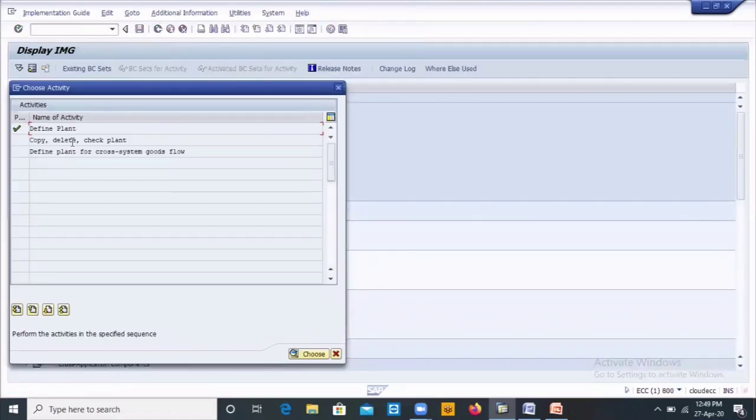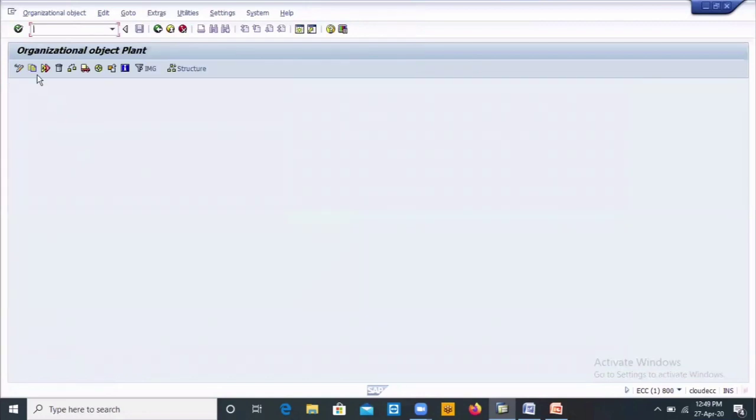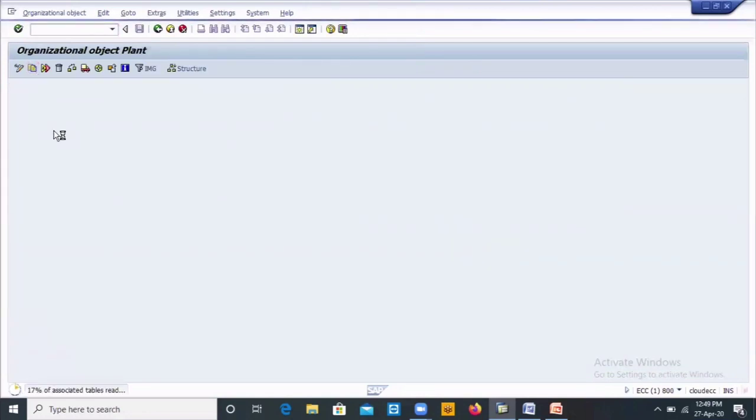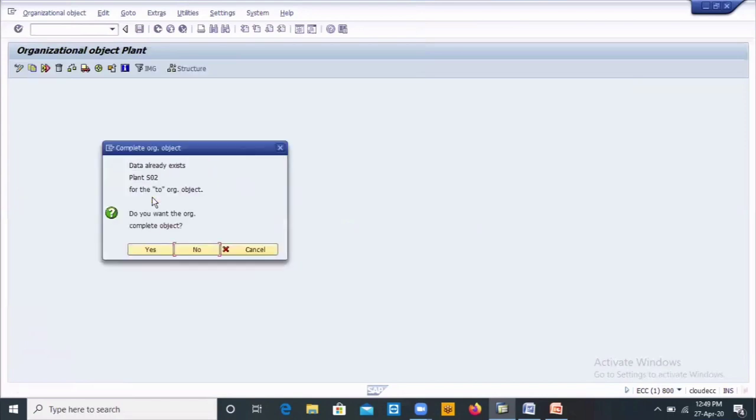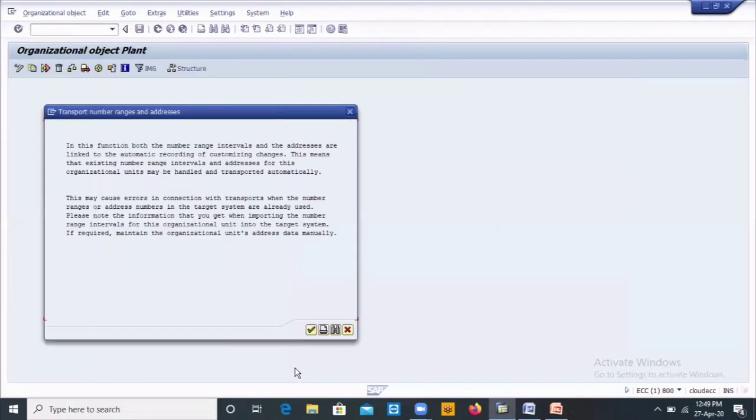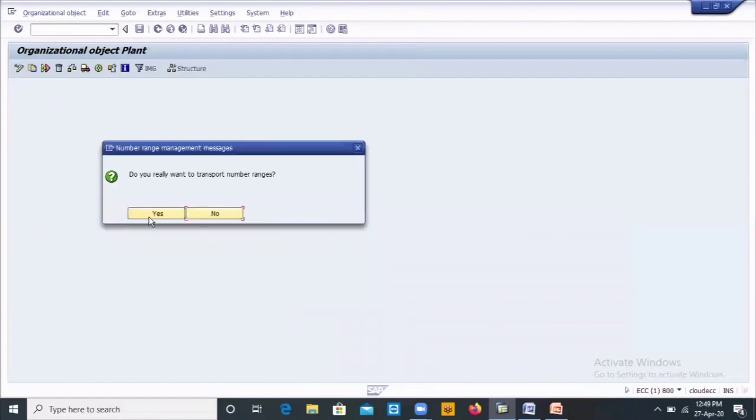Created. Now Copy, Delete, Check Plant. The number ranges, the account number ranges and intervals, all those are copying now. 1000 plant and our plant is S02. Click on it. Okay, you just click on all yes.